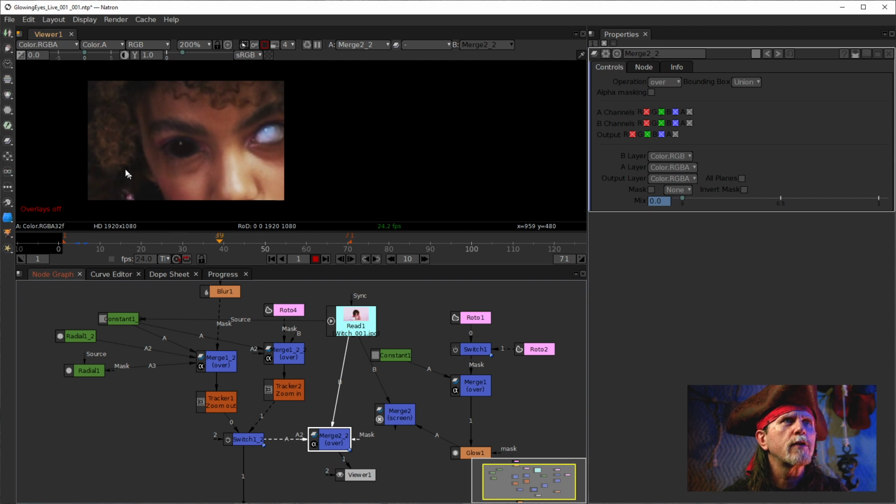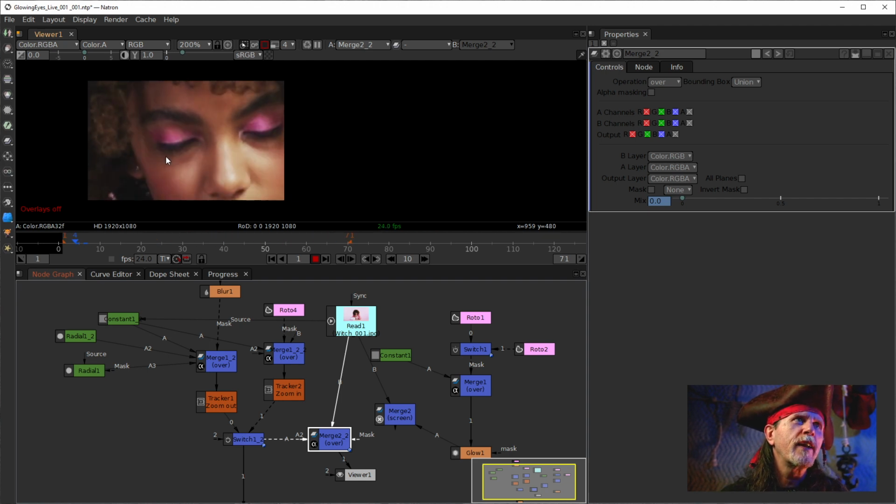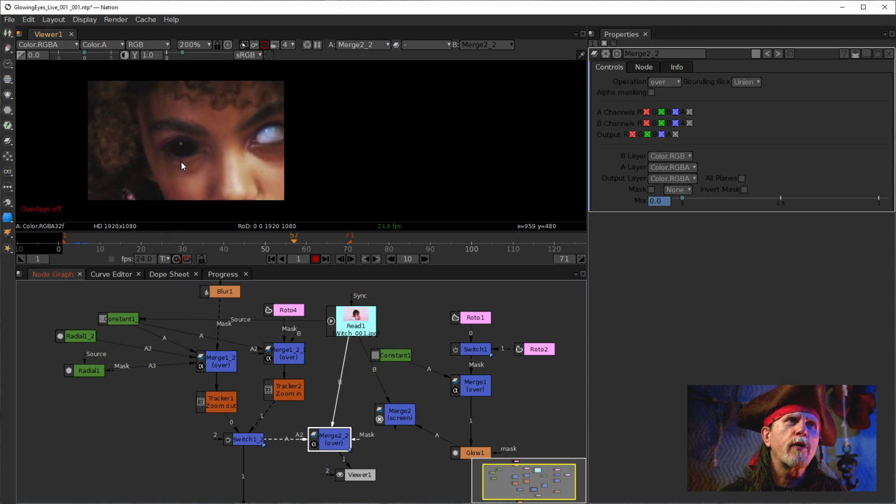We can see it. It looks good. It matches pretty well. It looks like it belongs in the scene for the most part. It even gives it a sort of creepiness to the bottom of it down there. But anyway,